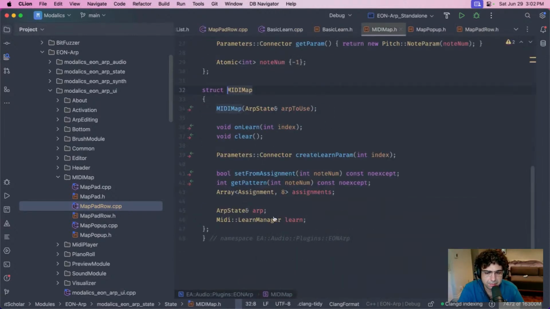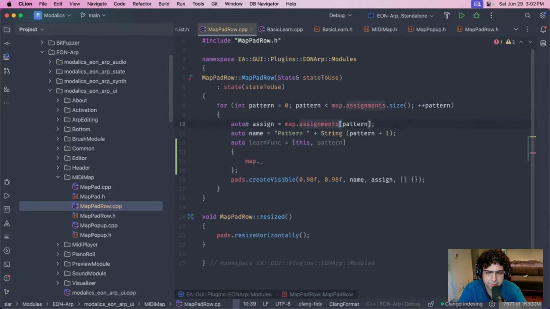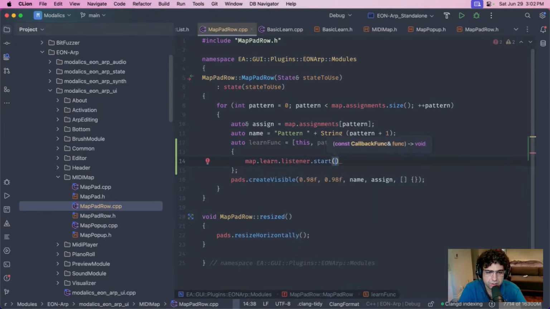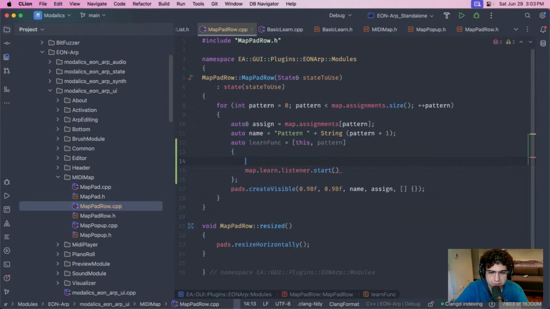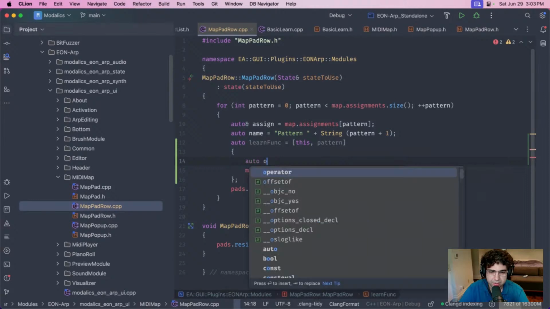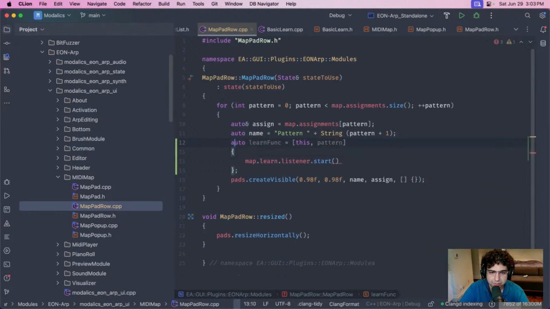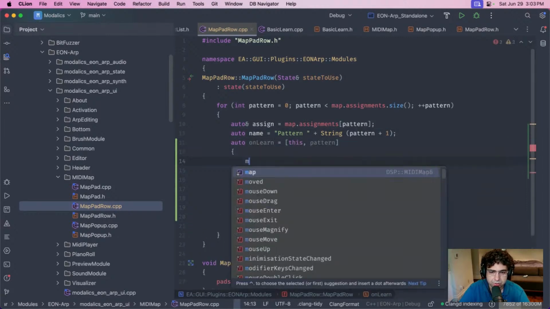How's this thing called? Map learn listener, right? So it's something like map learn listener start with... So two things here. I need to create an actual response function that would respond to this being learned correctly. This is going to be something like on learn equals this pattern. You can probably do this separately, right? And what this would do is